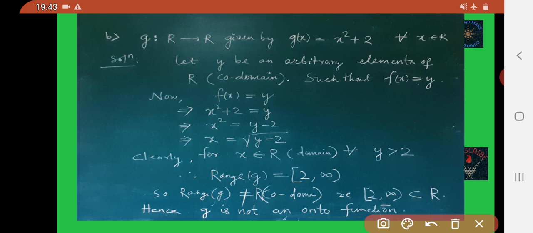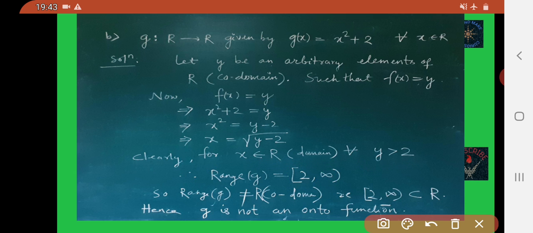So here you see x belongs to R for when? For all values of y greater than or equal to 2. So the range of g is this interval, 2 and above.